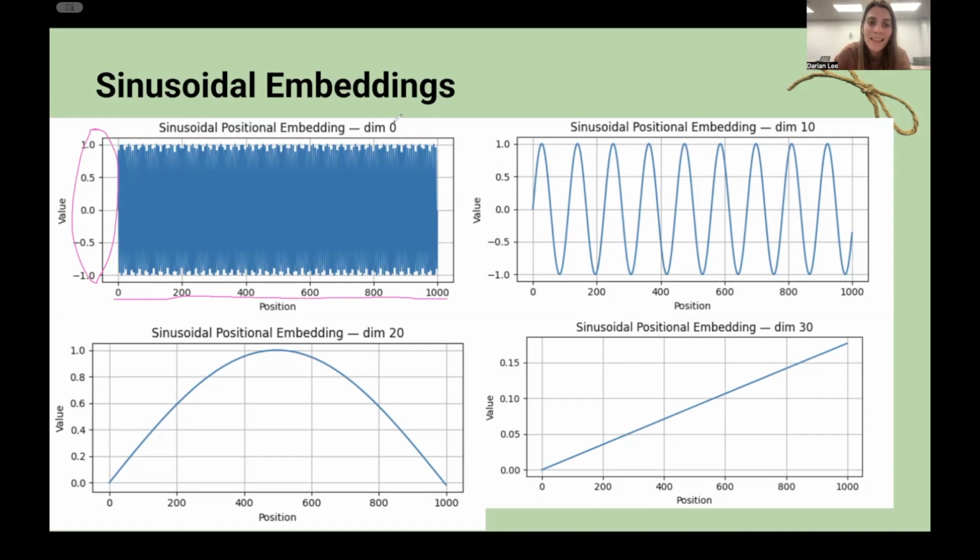Then the zeroth embedding is going to change really rapidly. So you can think of this as if we're counting up in binary, the rightmost digit is going to be going from 0 to 1 to 0 to 1. It's going to be essentially increasing very quickly. And you can think of this as almost a continuous version of this, where rather than always just being at 0 or 1, it's always being at these numbers in between as well, which is going to make it more helpful for doing the sort of math that we do in NLP. And then as we go up, once we get to dimension 10,